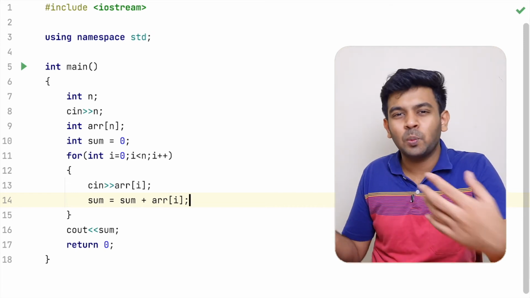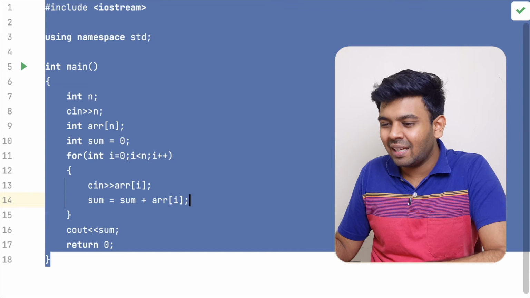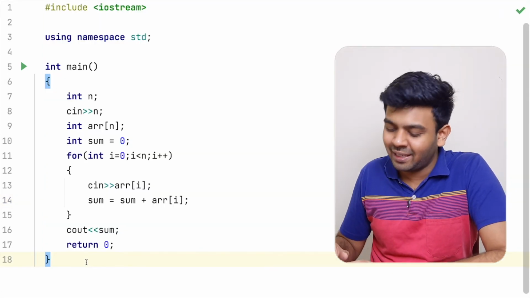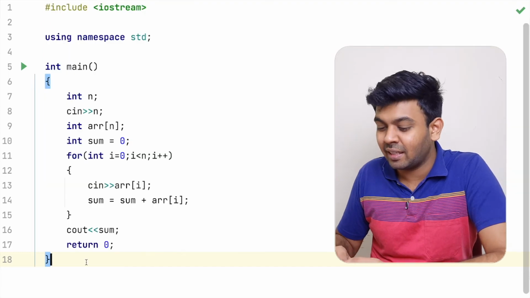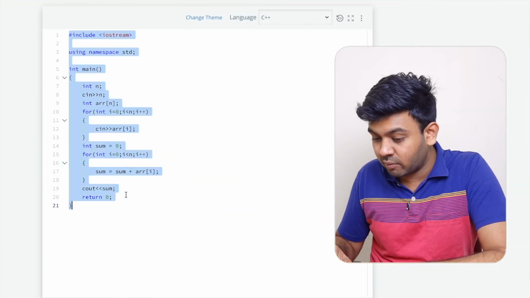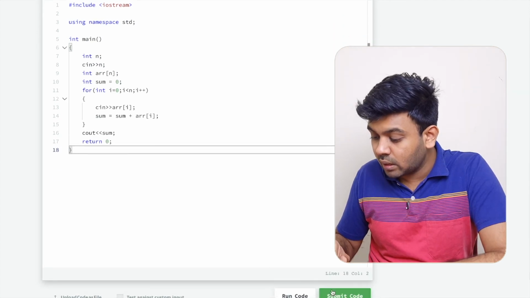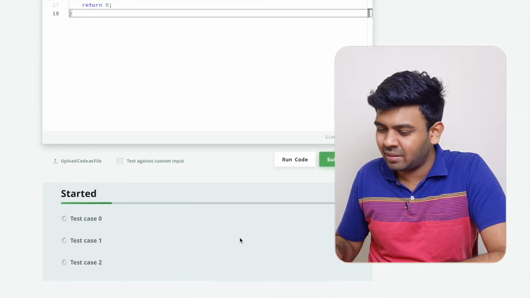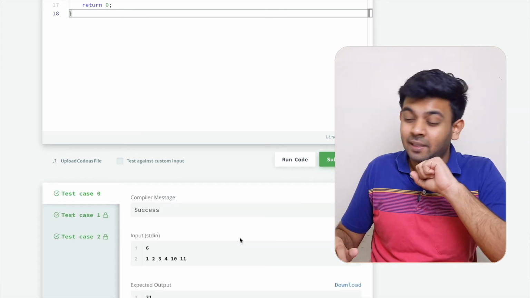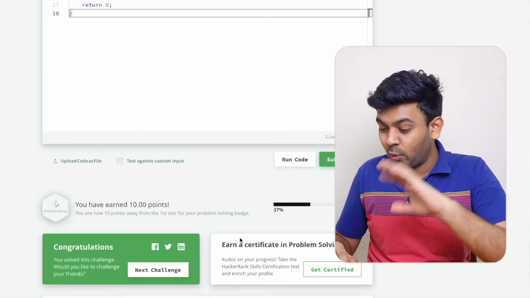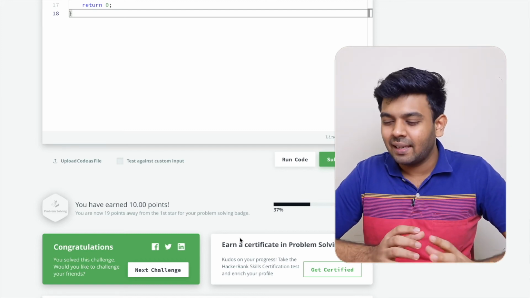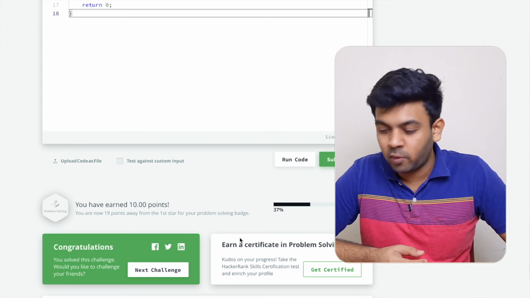Instead of using two loops, a single loop. It will not affect the runtime or the complexity of the program or anything like that, but it is just a thing that you can do. Okay, so I'm just going to check this as well. Submit code. I'm not going to run it, just go ahead and straight submit. And it has passed all the tests. So this is working as well. You can follow either of these methods. Both have the same logic. It's just using a single loop instead of two loops.